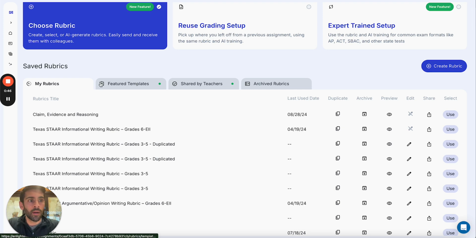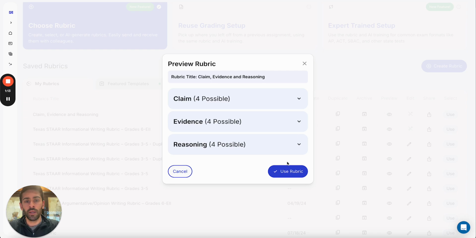When I go there, I have many options to set up my rubric. So I can use any of the rubrics that I have used in the past, which are in my rubric section. I can shop for a rubric in the featured templates. I can look at others that have been shared by teachers or colleagues. And then I can also create a new rubric myself. So that's by AI generating it. That is by uploading it, copying and pasting it. Or of course, if you want, you can build it from scratch. For today, I'm simply going to preview the claim evidence and reasoning rubric, and I'm going to go ahead and